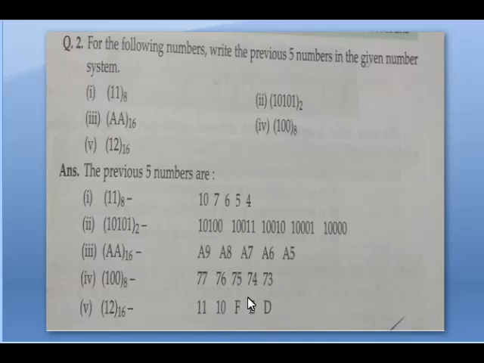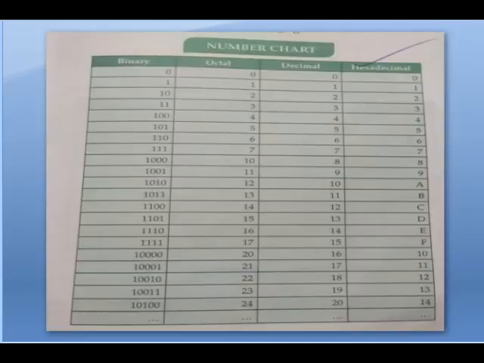So students, this table shows the number chart. Okay. So first you have to write the decimal numbers 0 to 20. The numbers will go on, it is infinite. So first for example, you have to take the first 21 numbers, that is 0 to 20. So octal means 0 to 7. Then the next digits are 10, 11, 12, 13, 14, 15, 16, 17. Then 20, 21, like this it will go. Okay? So these are octal numbers.